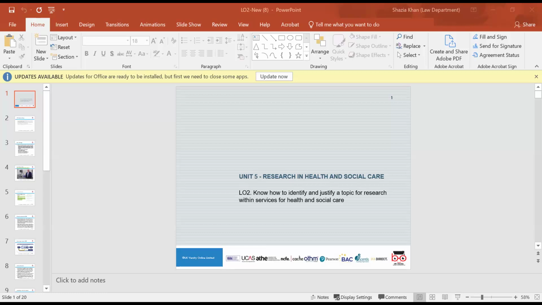Can anyone remember why it's so important to have research in health and social care? To improve the lives of the service users and the staff. Yes. And also, Addy, would it be things like diagnosing diseases earlier? Yes. So, to improve lives and diagnose diseases earlier, we looked at what research skills are